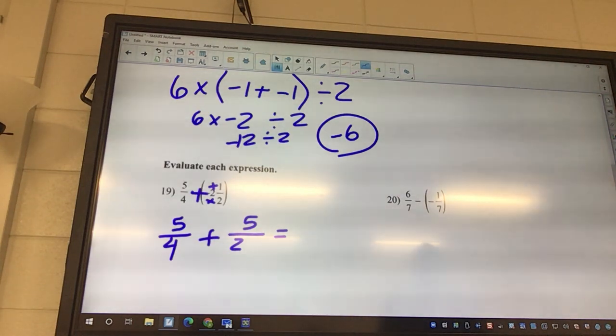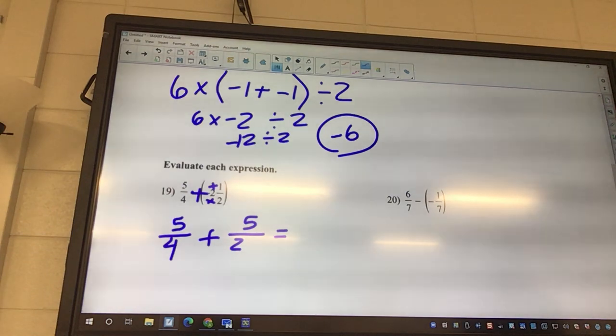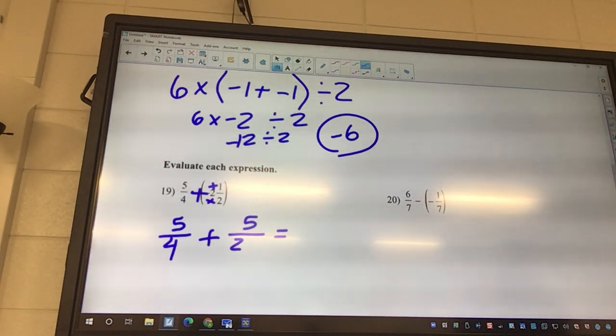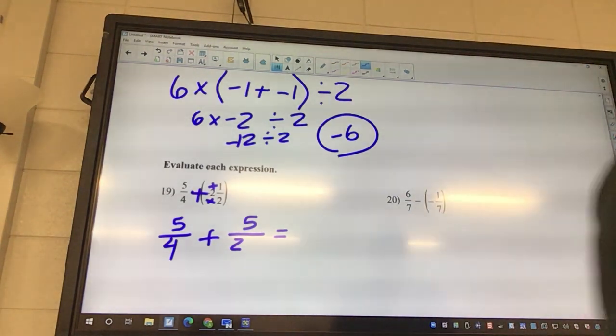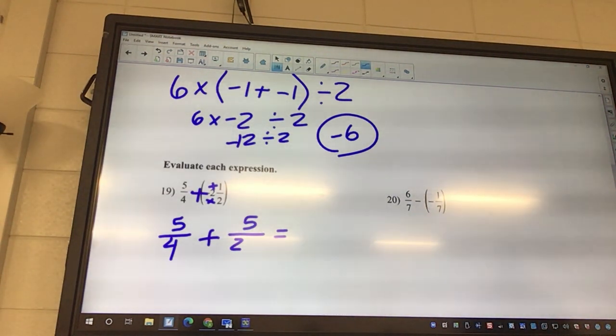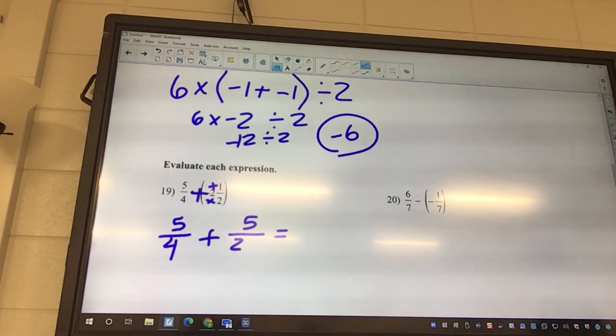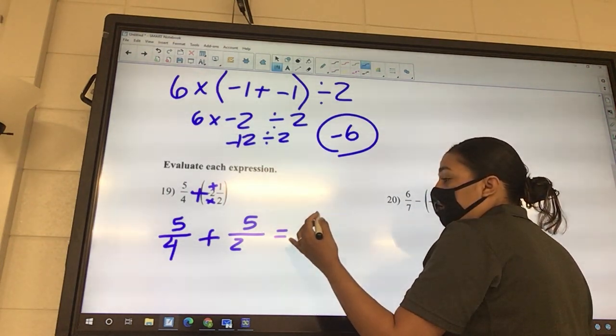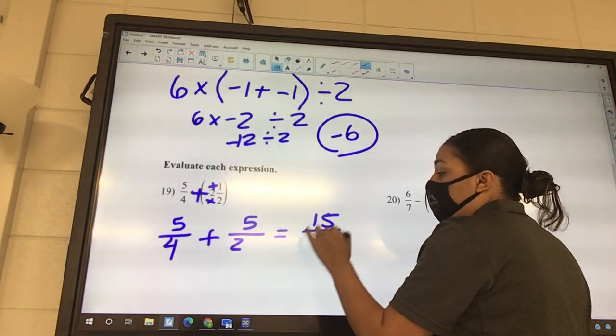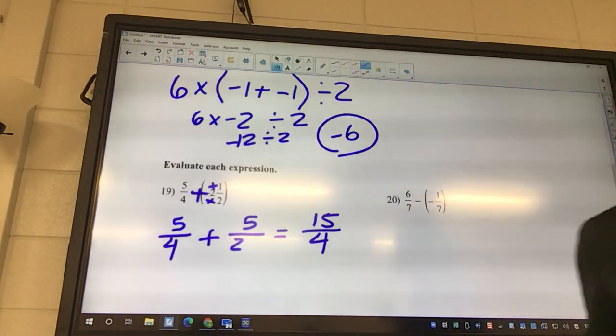What is an acceptable answer? If I give you a fraction for a problem, what is an acceptable answer? A fraction. Some of you are still doing this, and I'm telling you, I'm going to mark it straight up wrong on your quiz. It is not acceptable for you to give me a decimal for an answer. If I give you a fraction for a problem, I should get a fraction for an answer. What is your answer? 15/4. Does anybody have a hard time figuring out how to do them on the calculator?